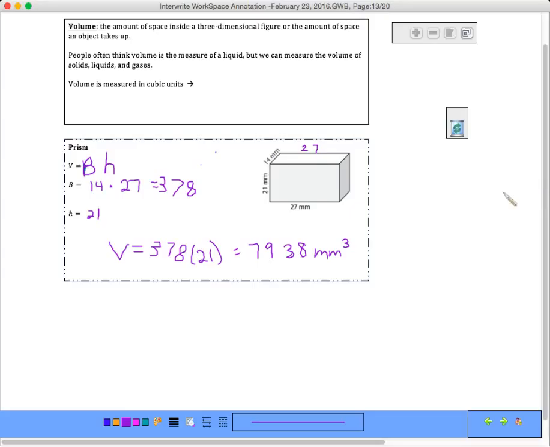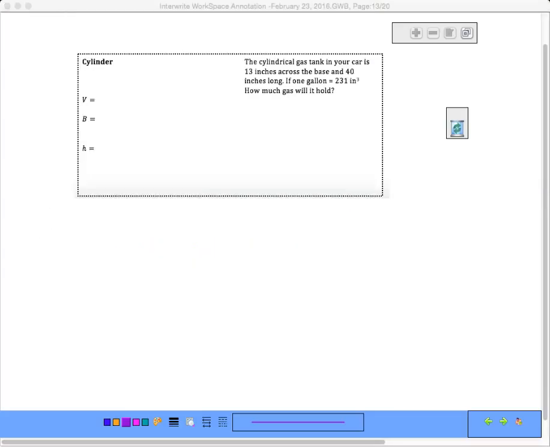Alright, let's look at the next one. Let's look at a cylinder. Okay, so here's my cylinder. So the cylindrical gas tank in your car is 13 inches across the base and 40 inches long. If 1 gallon equals 231 inches cubed, how much gas will it hold? So first of all, we need to know the volume. So thinking about our cylinder,